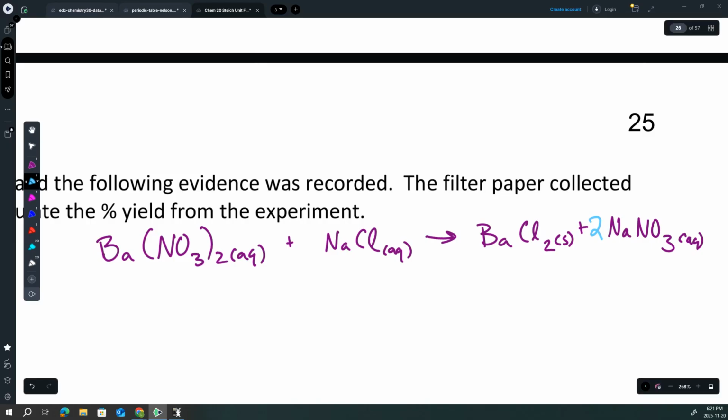That means we got 2 sodiums coming out, we want 2 going in. So sodiums are balanced, and for chloride we got 2 going in and 2 coming out, so everything is balanced, because for barium, 1 going in, 1 coming out, everything's good. Okay,